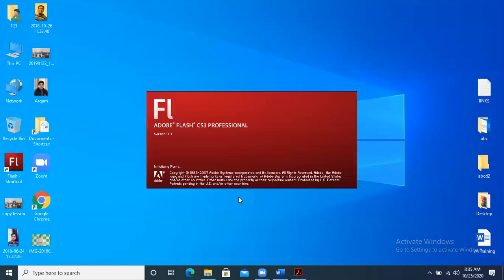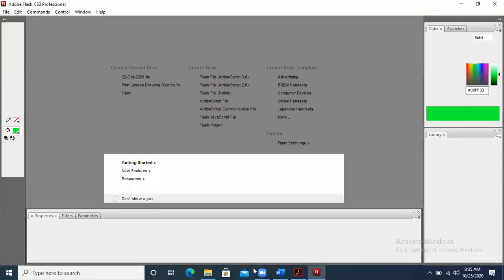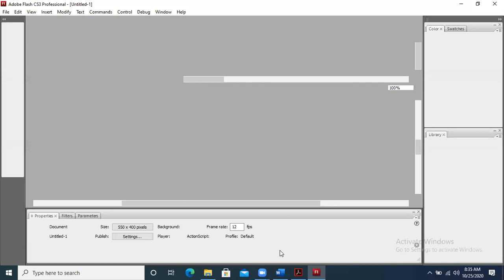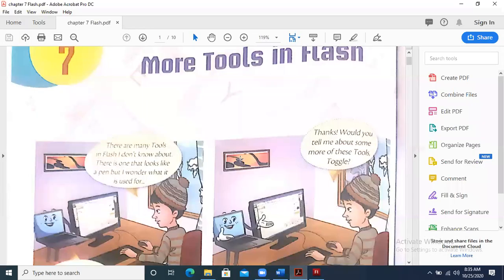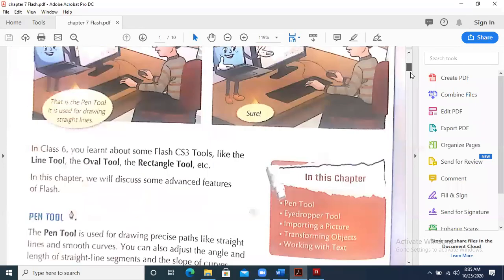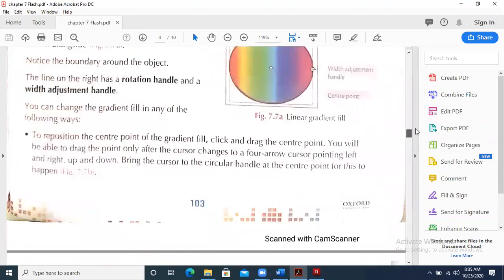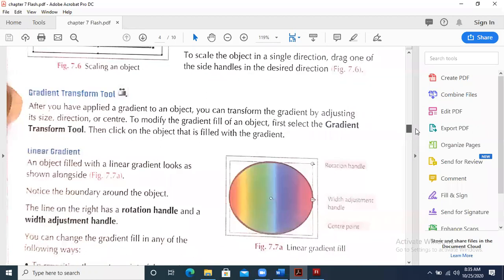So students, today we are going to continue the same topics in the chapter, but of course we are going to do some more things. Last time, whatever we have done, I am not going to revise it because you know that we have only two classes in the week and I need to cover the whole chapter. If you want to know anything once again, you can go through the video.